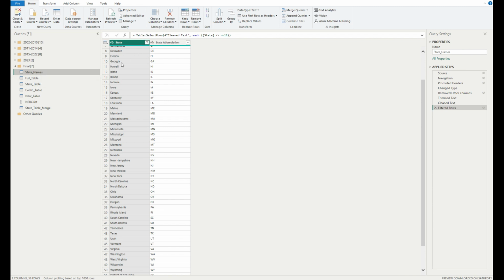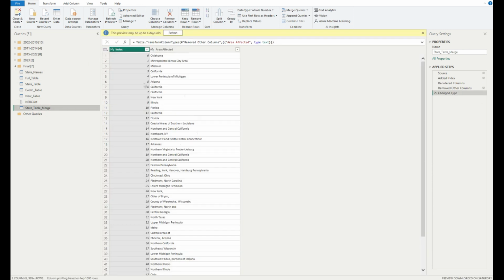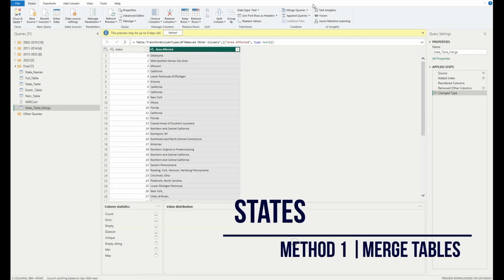I just downloaded this from Wikipedia, and you can use this. As I say, two methods. One is to merge this table with our indexed list, and the other will be something a little bit smarter that I think works a bit better, but it's just a few more steps and a little bit more code to write. So if we want to do the very quick one, which is the first, which is a merge, we can just select here merge queries,